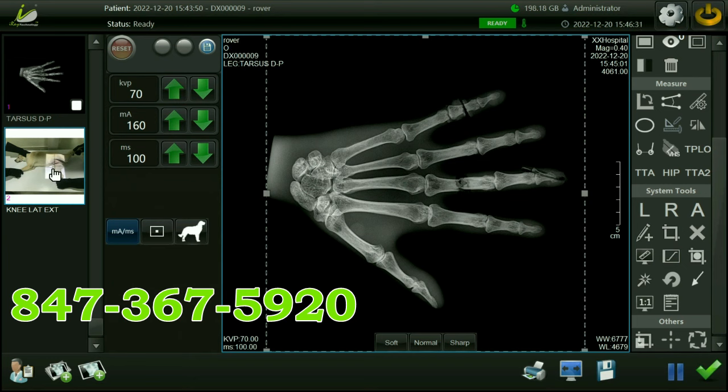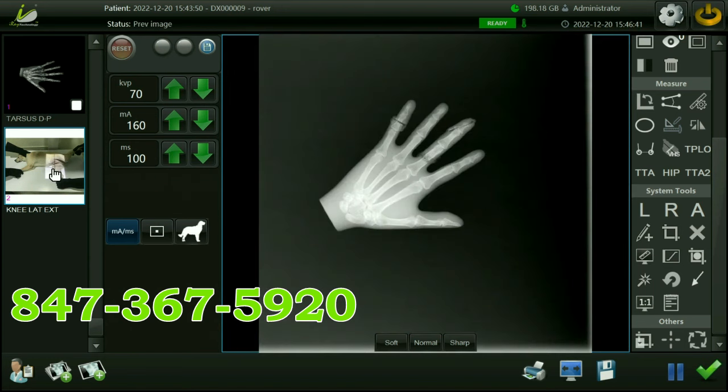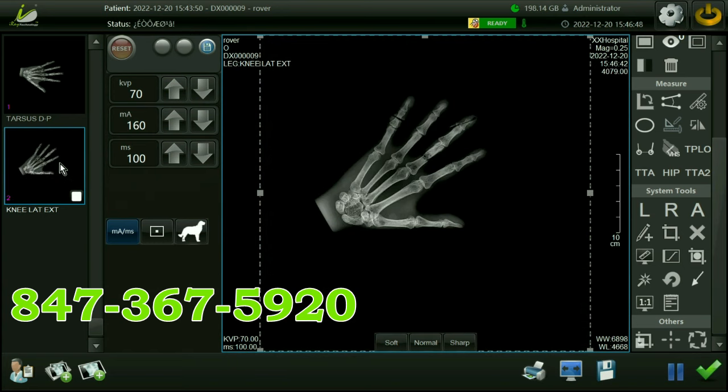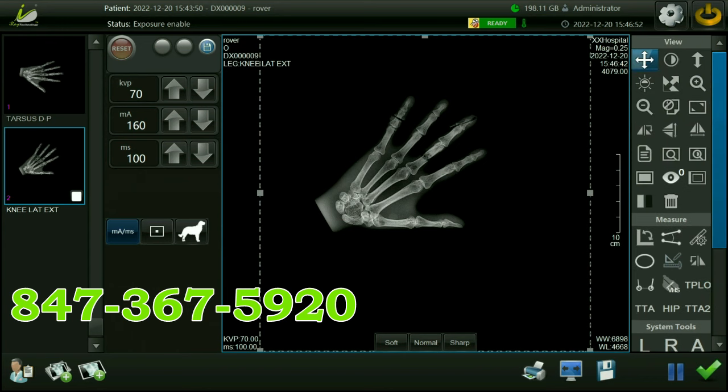So let's go ahead. We'll take another one just for the heck of it here. And when you hear the beep, it's hitting the foot switch. These generally, we have a foot switch on here. It comes with a hand switch too, but generally people like to use the foot switch so they can hold the animal with the two hands. So here's our second image. So we can do our adjustments again, anything we want to do, or if we're happy with it,